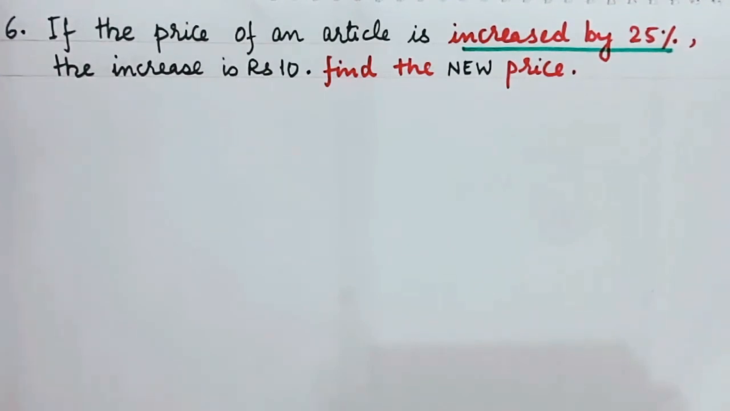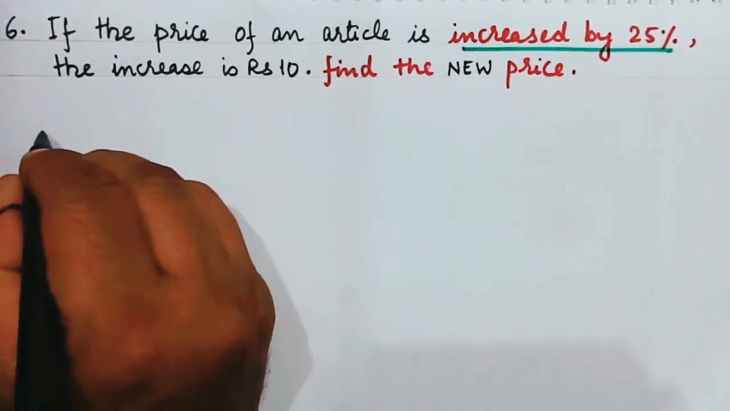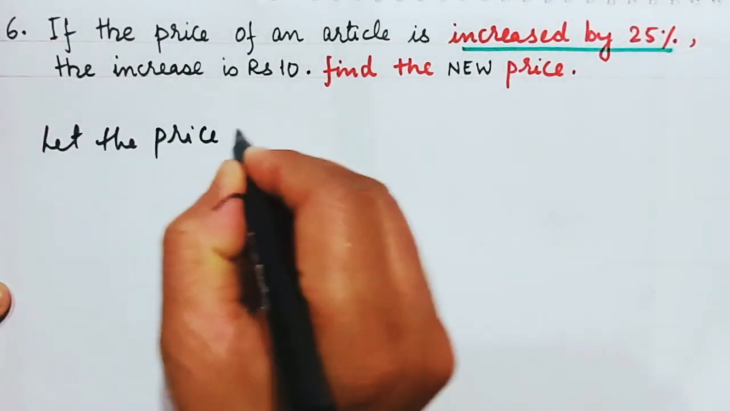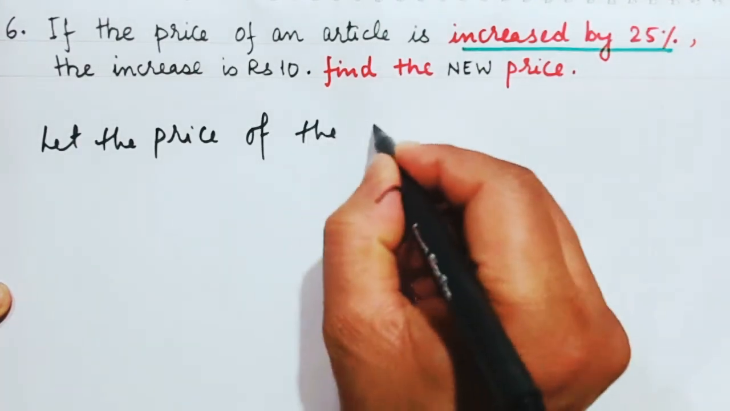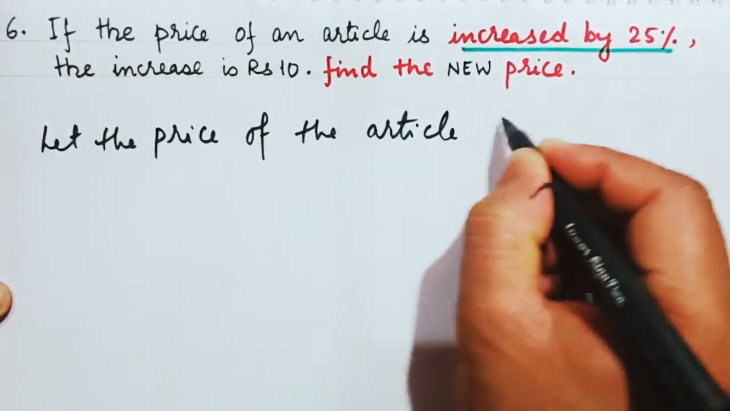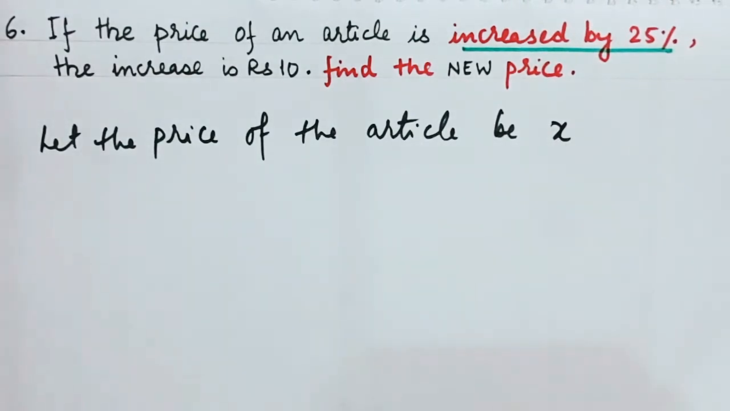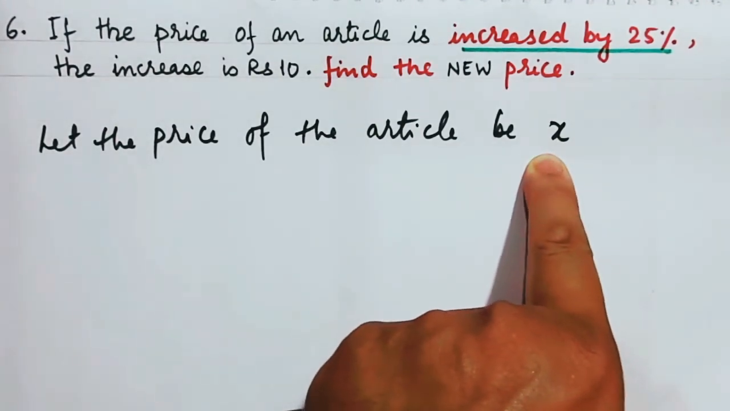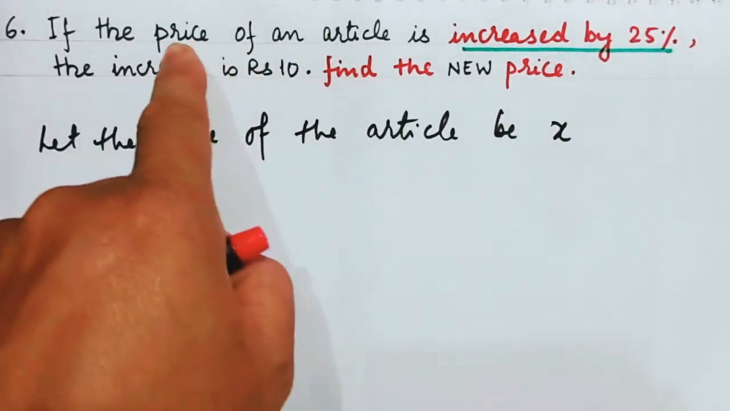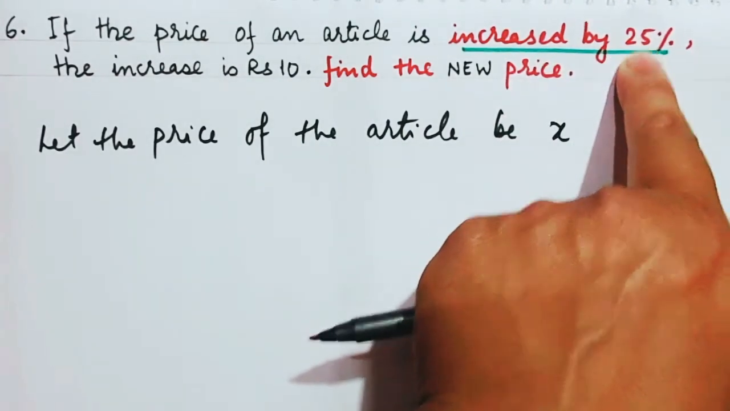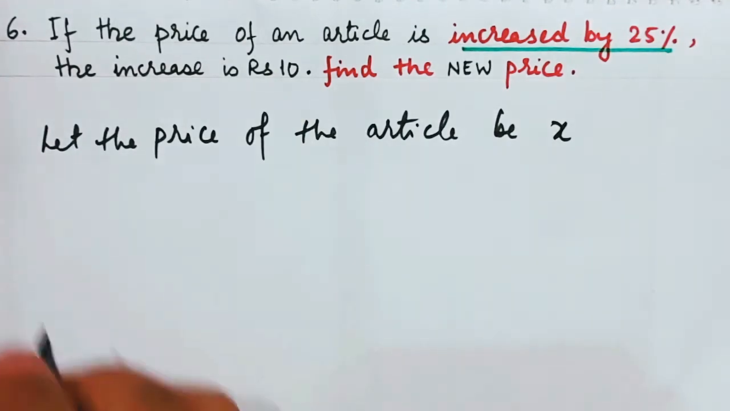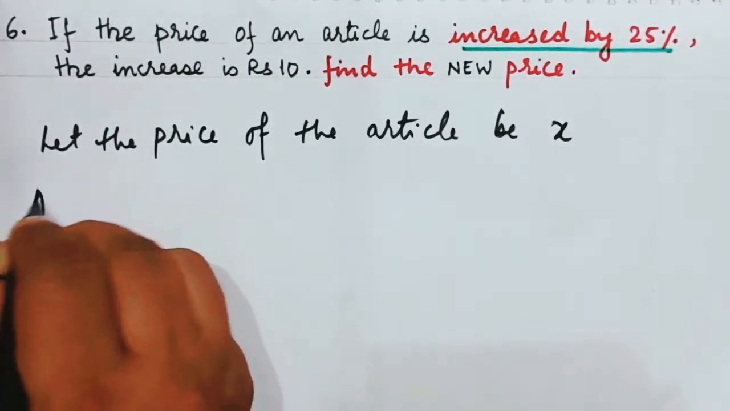Okay, let the price of the article be rupees X. Now, when the price of the article is rupees X, they say that if the price increases by 25%, the increase is rupees 10. Means, according to the question,